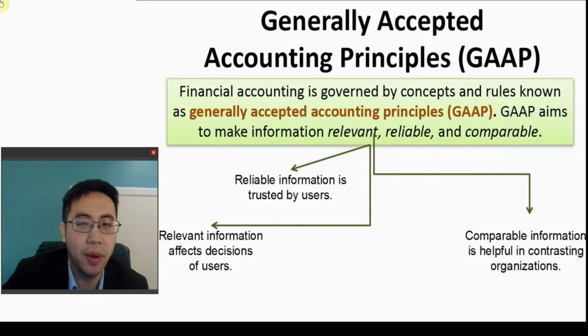It should also be reliable and truthful because it has to be free of human errors and mistakes, and also free of accounting fraud. It should also be comparable because we want to compare our financial information for this company with another company to see which company is better for us to invest in. So the basic requirement here is the information needs to be relevant, reliable, and comparable in summary.